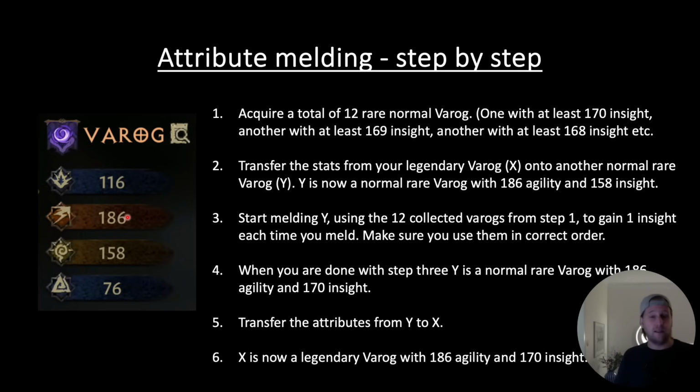It's quite difficult to find a familiar with one legendary attribute, and it's very, very difficult and rare to find a familiar with two legendary stats. But there's actually a way to transform a legendary with one legendary attribute to a legendary with two legendary attributes, and I'm going to explain to you how now. So using this Varog as an example, what I first have to do is